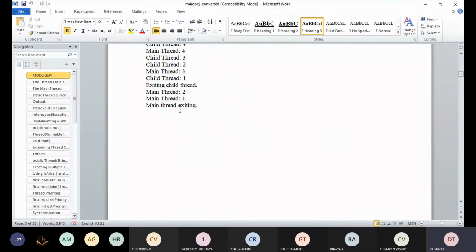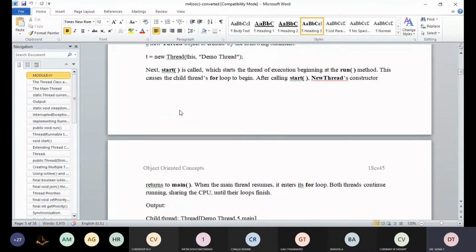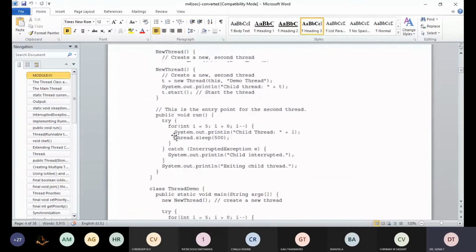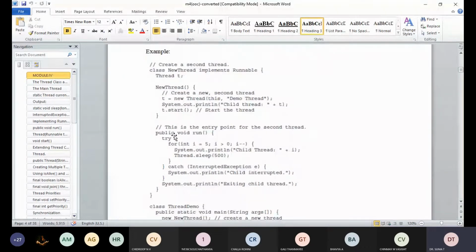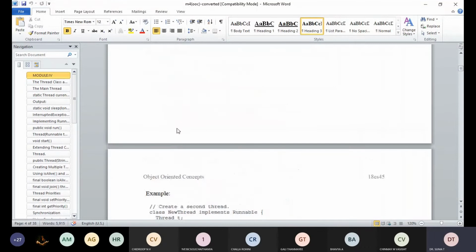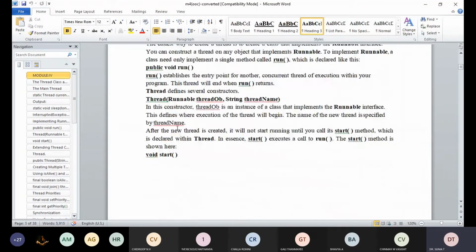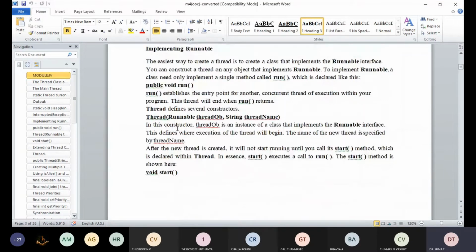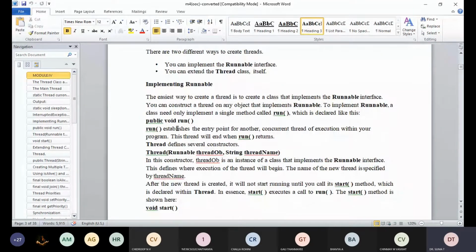You will see that there is a better way to wait for a thread to finish. This is how your run method and the start method execute when you create a thread with the Runnable interface, which has the run method and the start method.